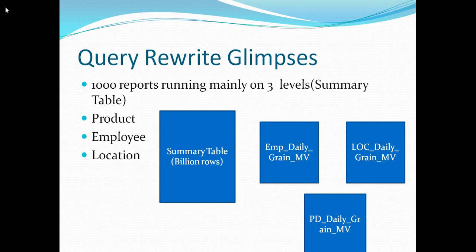So though I have not changed my query at all, the optimizer, instead of reading data from the summary table, will read the data from these materialized views, which are already aggregated at a higher grain, thus improving the performance incredibly without changing the code at all. And guys, don't worry, if this was not clear enough, I'm going to explain this again in detail with a different example in my next tutorial.